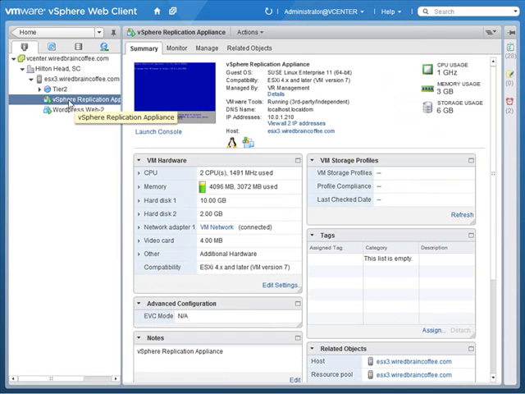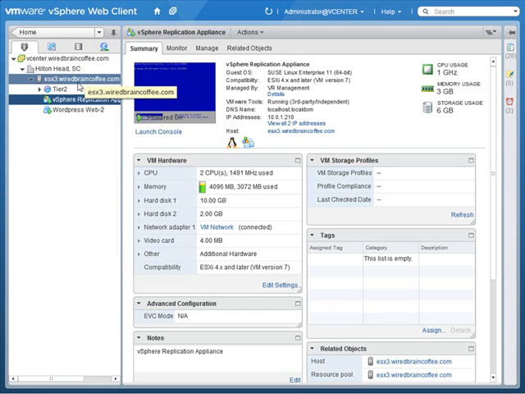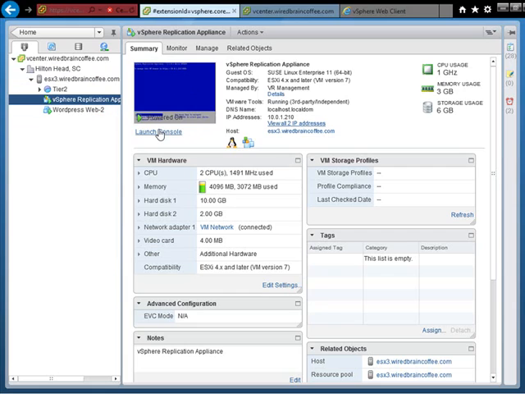All right, as you can see, we've got a vSphere replication appliance deployed here at the primary site, Hilton Head, South Carolina, for the Wired Brain Coffee Company. The virtual appliance is already powered on. We can see here the virtual machine tools are running. This is the vSphere replication appliance, and if we click on Launch Console,